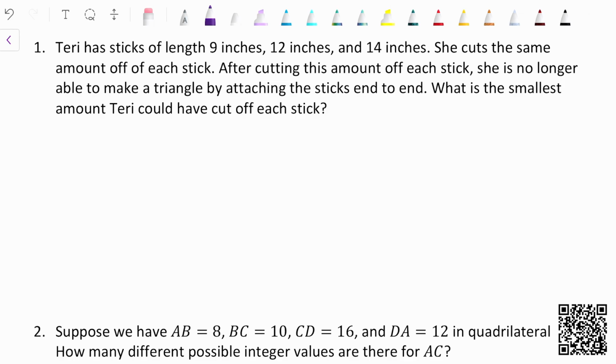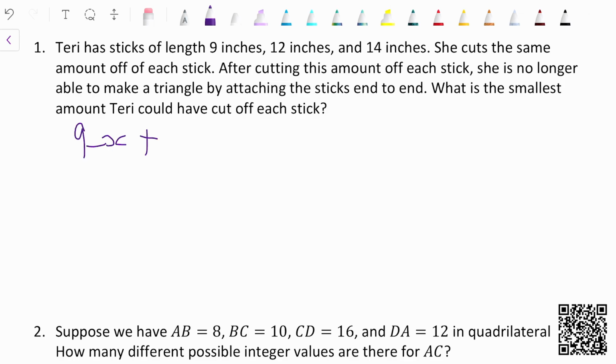And this is basically according to the formula, as I've said in a lot of previous videos, if A, B, and C are the sides, then A plus B has to be greater than C, B plus C has to be greater than A, and A plus C has to be greater than B. Therefore, following that formula, the ability to make a triangle is diminished at the point where the two shorter sticks added up are not greater than the longer stick anymore. So basically, assuming that the amount that she cuts off each stick is x, this means that 9